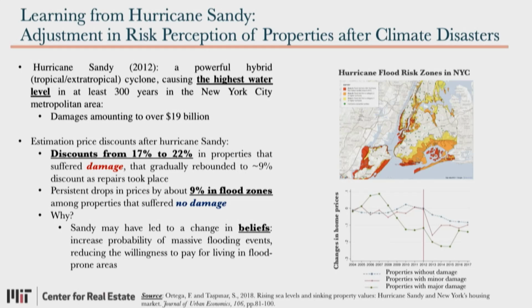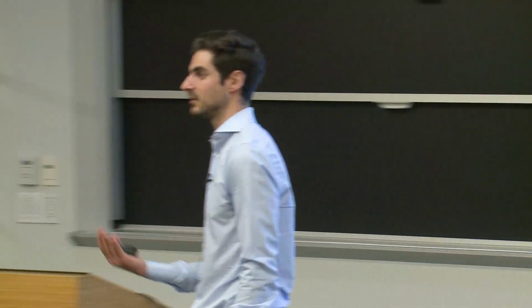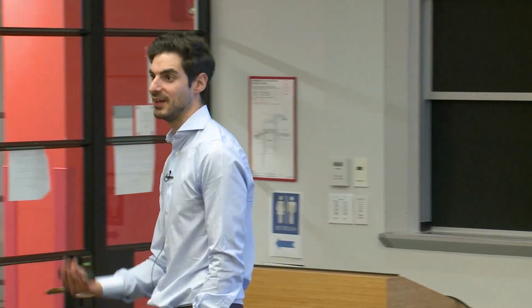The ones that didn't have any damage show a slight discount, around a 9% reduction in prices compared to the pre-Sandy levels. That is also something that the properties with major damages end up stabilizing at, and also the properties with minor damages. So it seems that there is a discount there, and it's nothing related to the actual damage or destruction in the property, but something, again, related to the update of beliefs of how those properties are going to be hit again in the future when you are making those purchases.